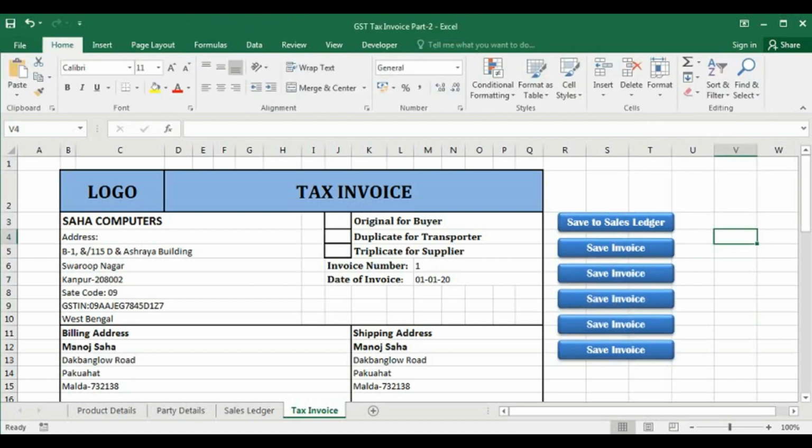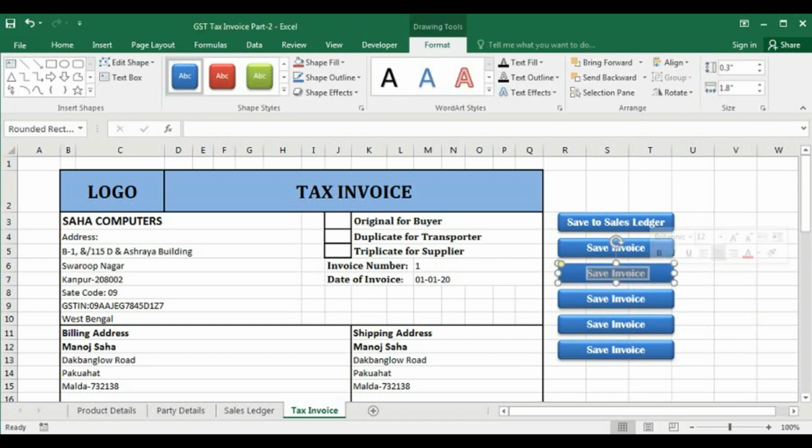And now change the text. First will be Save to Sales Data.